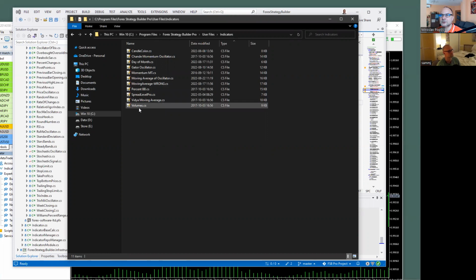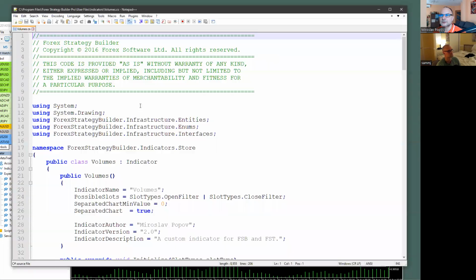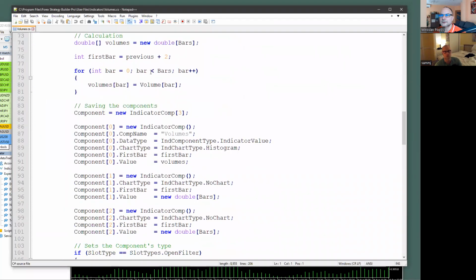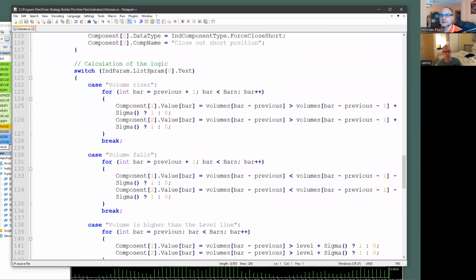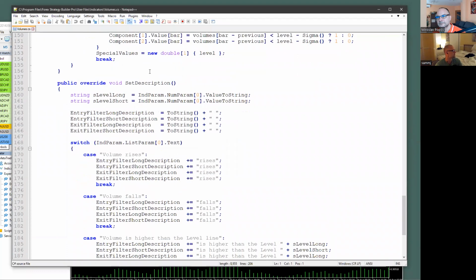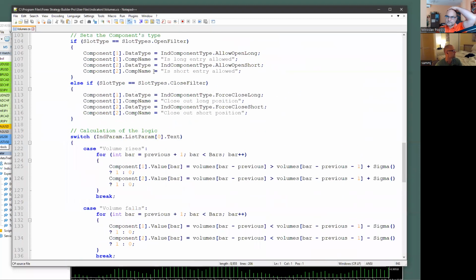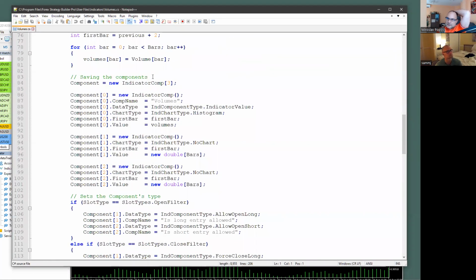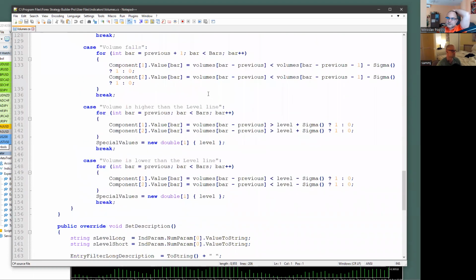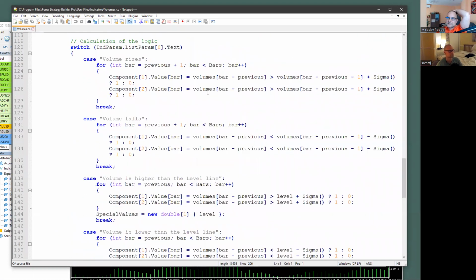Is the indicator included in the distribution? I'll just check mine. Yes, it is. Yeah, it's in mine. We have it, but this indicator is